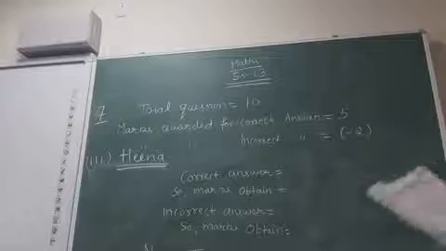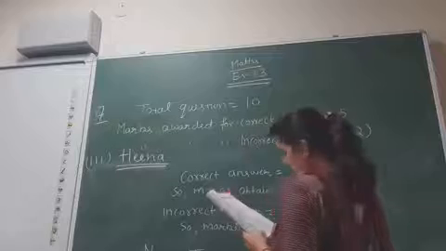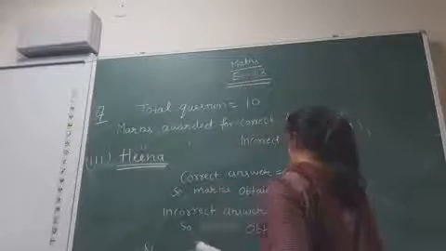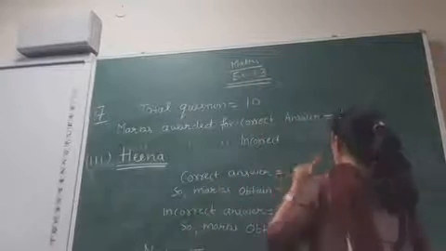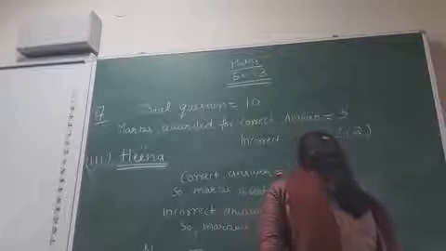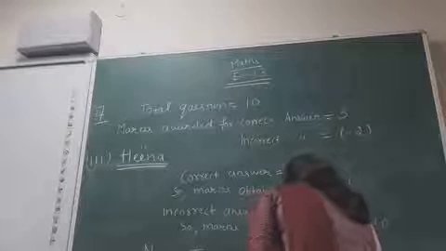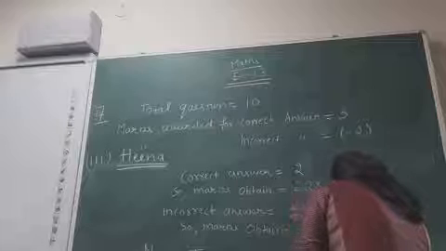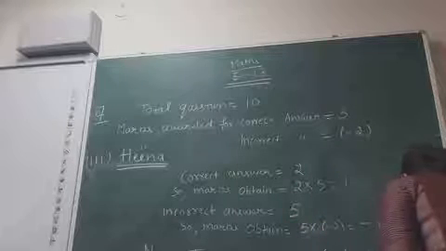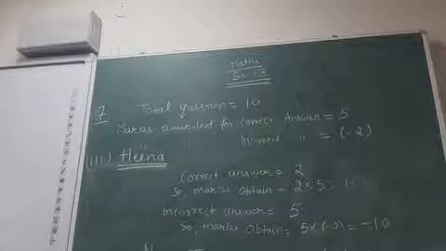So next third is Hina. Hina, correct answers 2 and incorrect is 5. For 2 correct answers, 2 multiply correct answer 5, it is 10 and for incorrect, 5 multiply incorrect minus 2, so this is minus 10. Now we will add 10 and minus 10, it is 10 minus 10, it is 0 answer. So this completes the 7th question. So now next